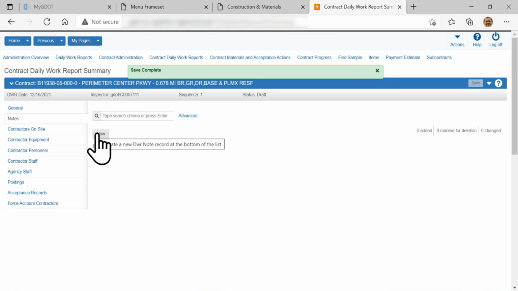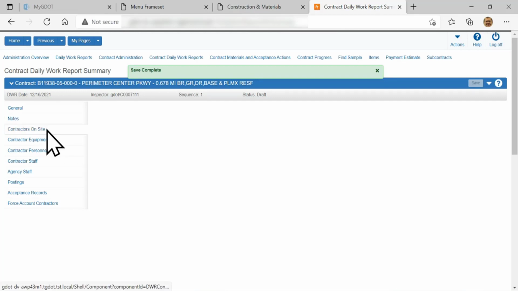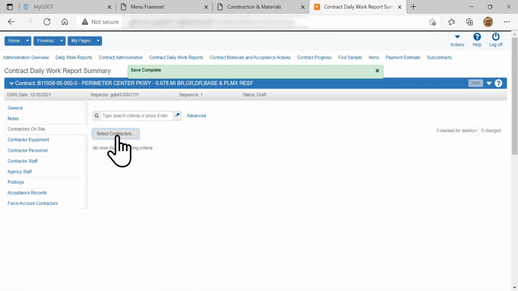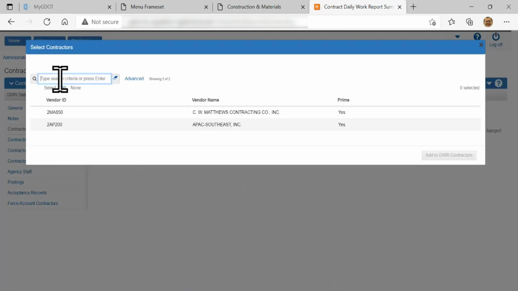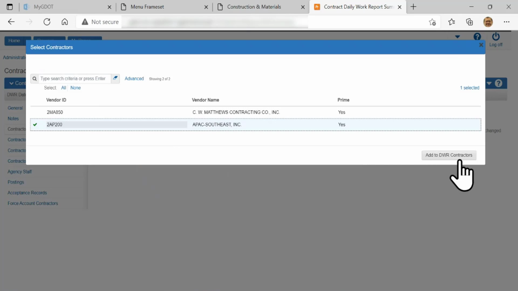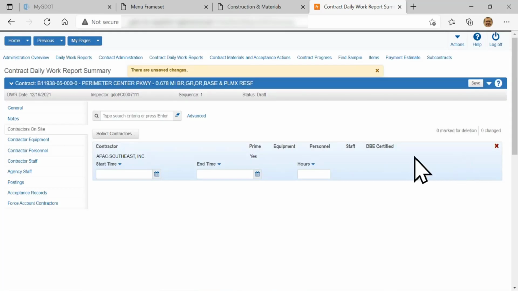We have a tab over here for contractors on site, and I can go and select what contractors are at the site. You'll see a few of them listed in here, and you can narrow it down just like any other searches. Let's say I have the APAC Southeast helping, so I can select that and add that DWR contractor to it.